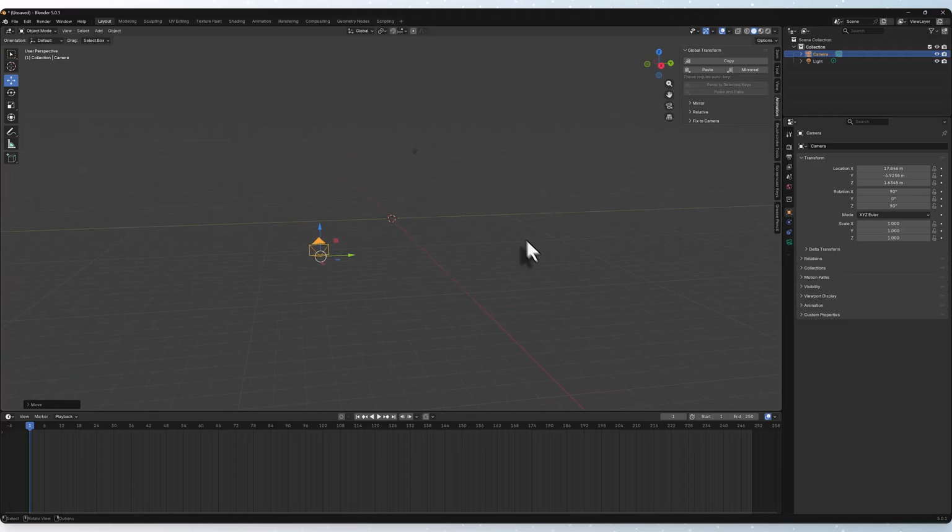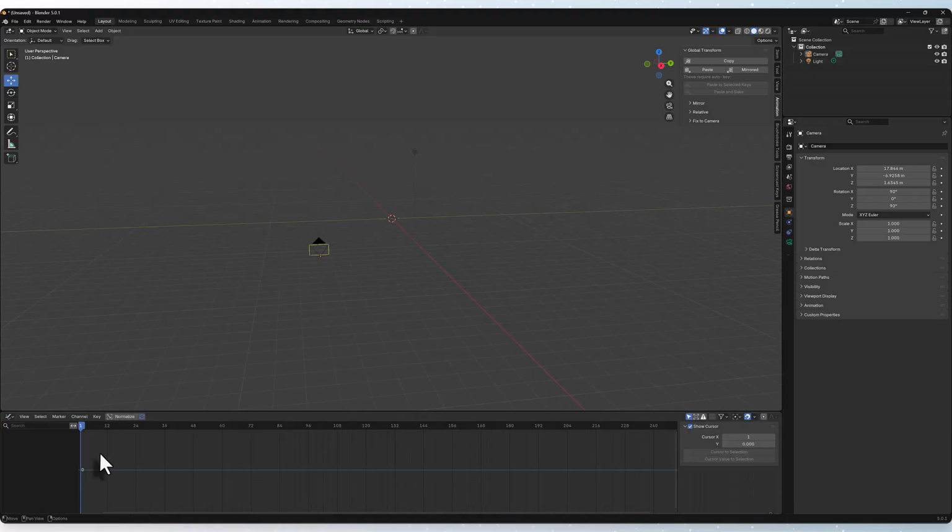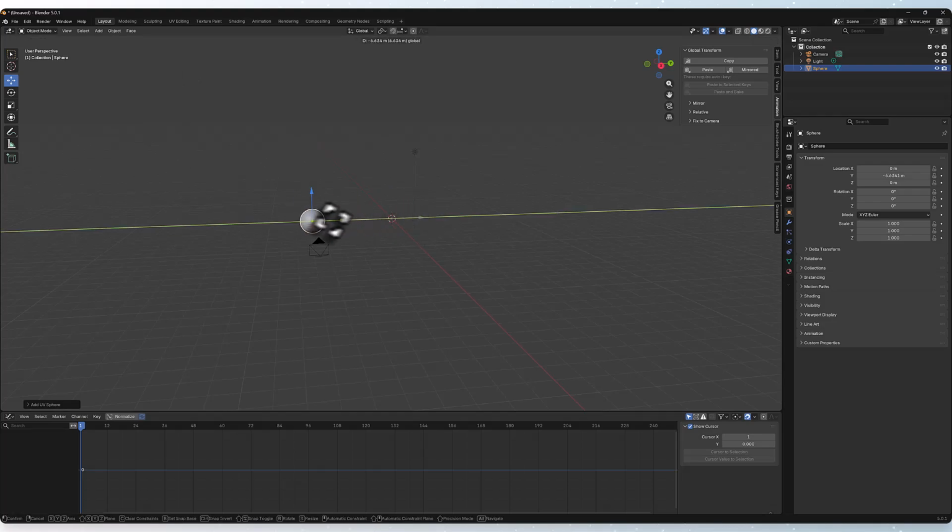And for this particular animation, there's a lot of different ways we could do arcs. We can use our graph editor that was talked about in the previous video. Makes it real easy to follow your animation. So if I throw an animation in there, and let's just do a simple UV sphere and say I want to animate that going on an arc. So we could go 12, put it up there, and